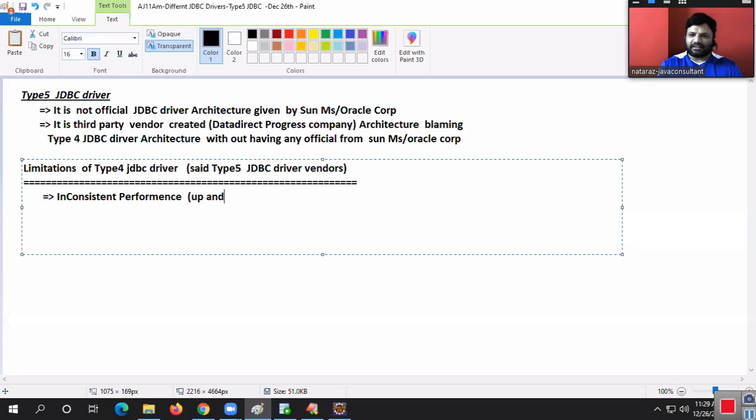Vijay Shankar is an inconsistent batsman, right? Up and downs in the performance. Rishabh Pant, we can say inconsistent, immature, childish batsman. Right. Next one.